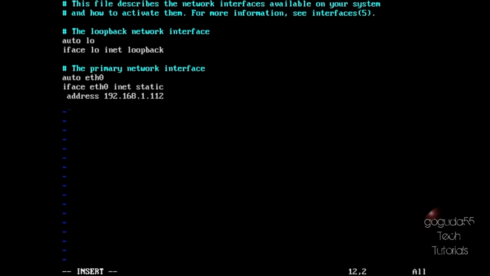Hit enter, hit space, type in broadcast, space, the bcast number, so 192.168.1.255 in my case. Hit enter, hit space, type in network, space, 192.168. The second last set of digits in your bcast number, so in my case that is a 1 because my broadcast is 192.168.1.255. So I'm just going to type in .1.0, enter, space, net mask, space, and this is your subnet mask,